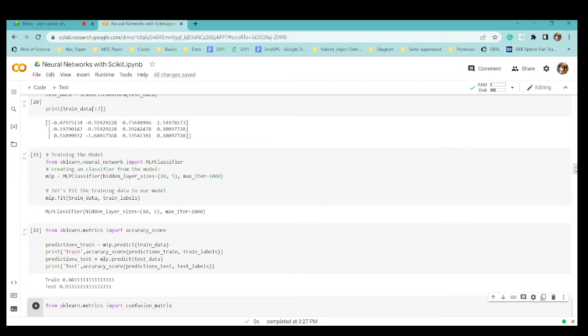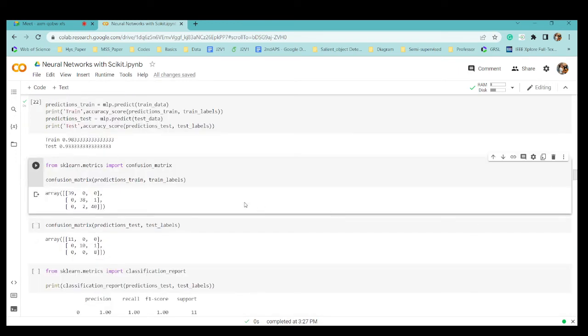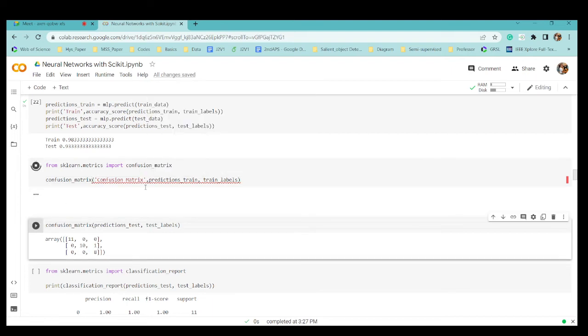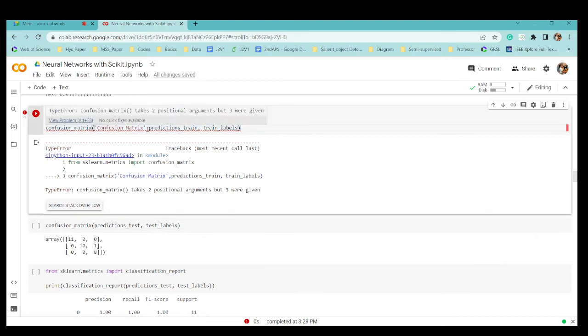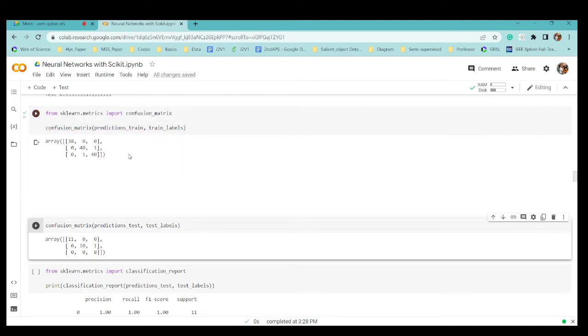Now I'm calculating the confusion matrix again. Let me write confusion matrix also. Okay.